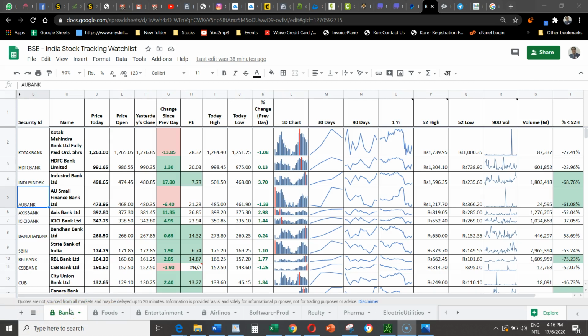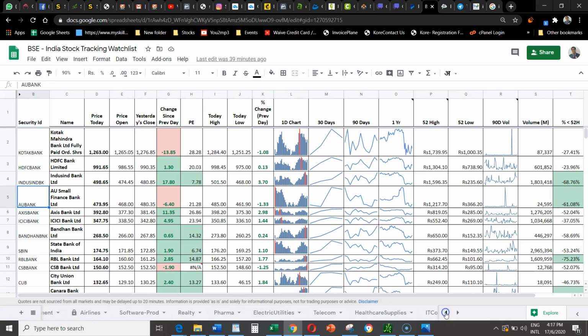So I have actually categorized, taken from BSE, Bombay Stock Exchange, banking stocks, foods, entertainment, airlines, software, production, realty, which is property, pharma, electric utilities, and many others, right? So telecom, healthcare supplies, ICT consulting and software, internet software services. So all of these are very hot sectors. That means all of these are the sectors that are going to be in demand all the time